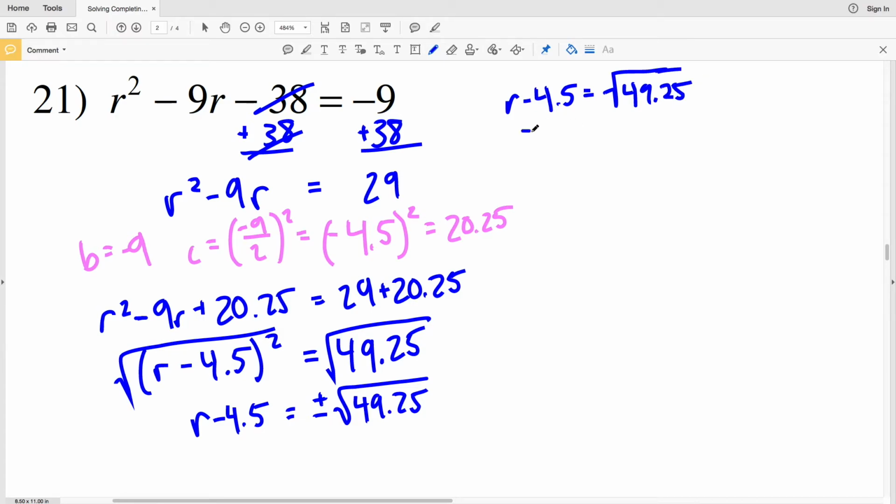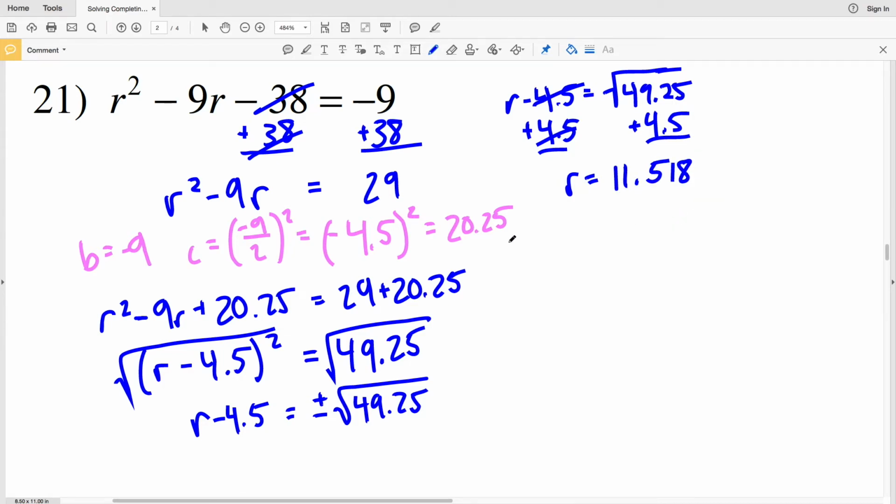So r minus 4.5 equals a positive square root of 49.25. I'll solve that by adding 4.5 to both sides. So taking the square root of 49.25 and adding 4.5, we'll get 11.5178, which on the worksheet they round to 11.517, but I'm going to round up to 11.518. So r equals